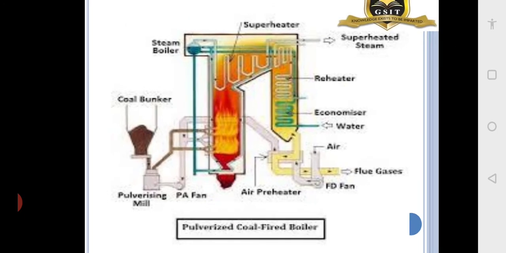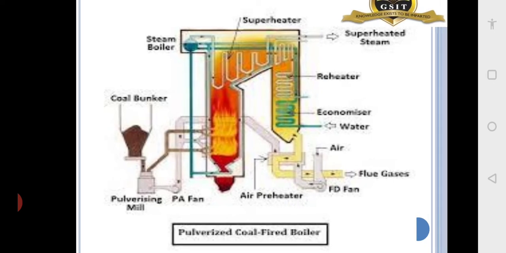Okay, and these fans are there, this FD fan is forced draft fan. There can be something called ID fan, that is induced draft fan, near the chimney, bottom of the chimney. The fans known as induced draft means it is sucking. Inducing is sucking. Forced draft means it is pushing. This air is being pushed. This is known as FD fan. This is known as ID fan, induced draft fan. Okay.